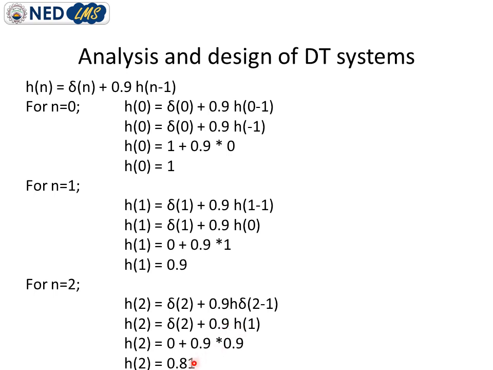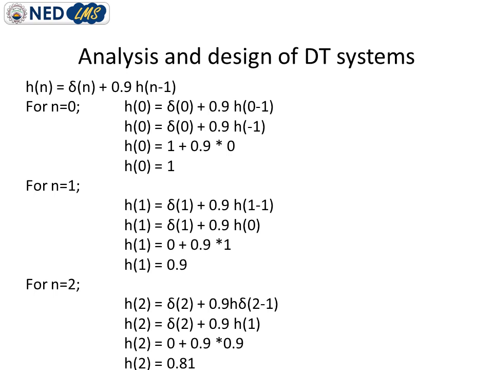However, this value is basically decreasing, but it remains there for infinite values of n. You can see here we have put the value of n is equal to 3 and we obtained 0.729, and you can imagine if we put the other values we will get the answers. So again, its impulse response is found to be infinite